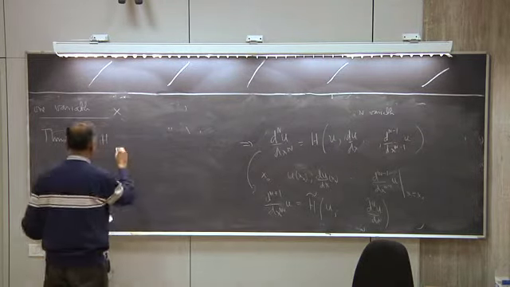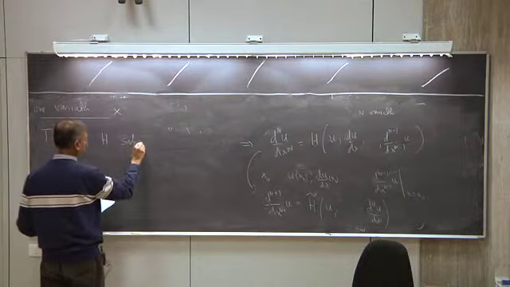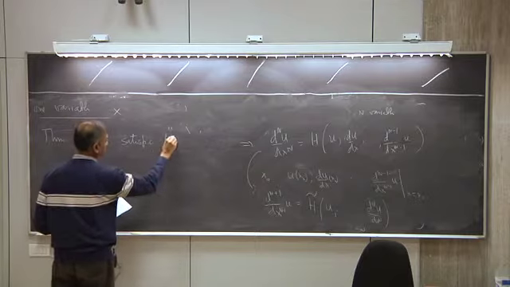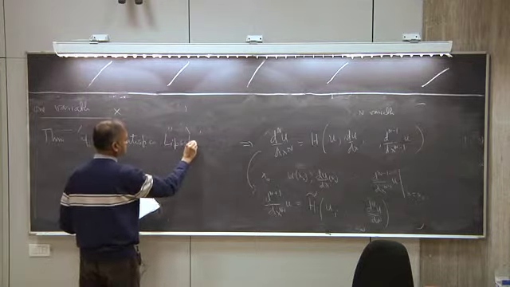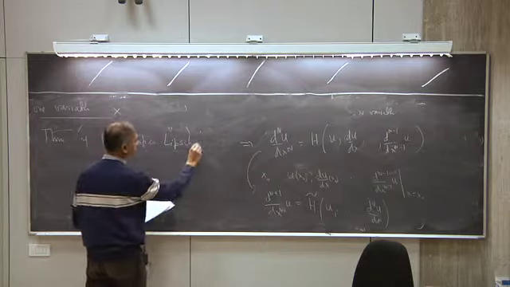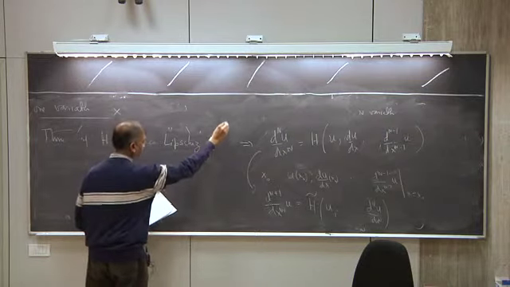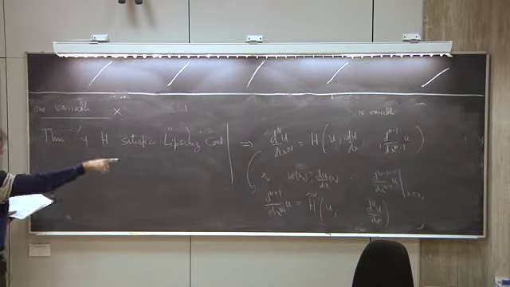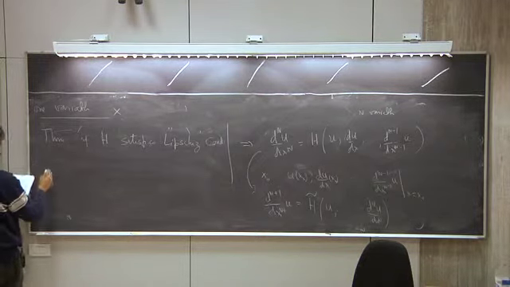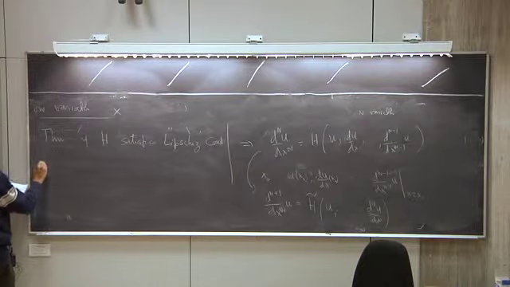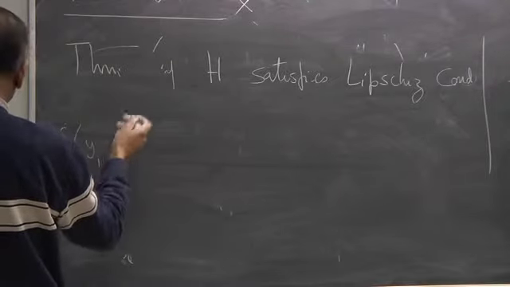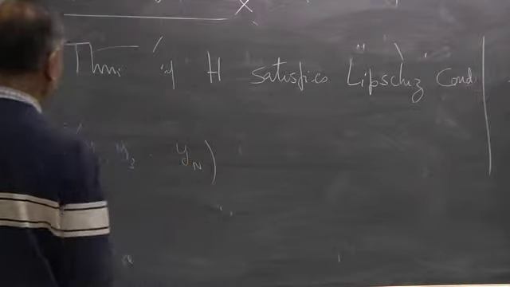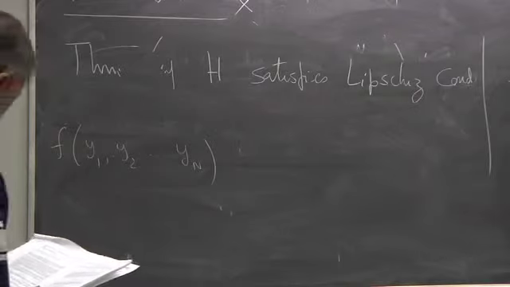So if H satisfies a condition which is called the Lipschitz condition, and I will just define for you what that condition is. So it is a condition in those n variables. In general, a Lipschitz condition is stated in the following way. If I give you a function of, say, n variables, y1, y2, up to yn,